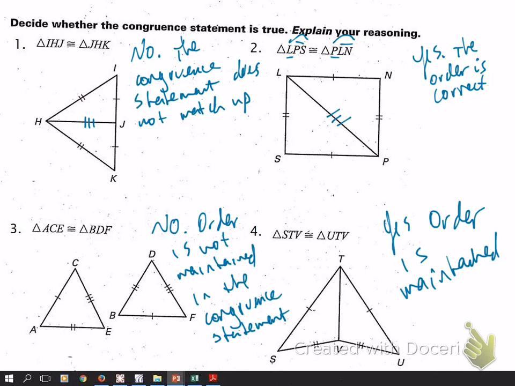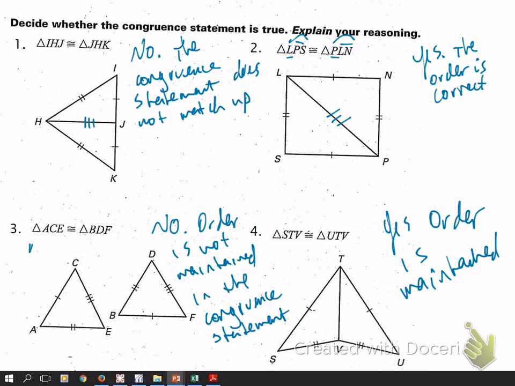Okay, number 3, no. Order is not maintained in the congruent statement. So the congruent statement's not right, but the two triangles are congruent. Now, we ought to go back and practice writing the congruent statement correctly. So in number 3, this congruent statement's not correct. So instead of saying triangle ACE is congruent to triangle BDF,